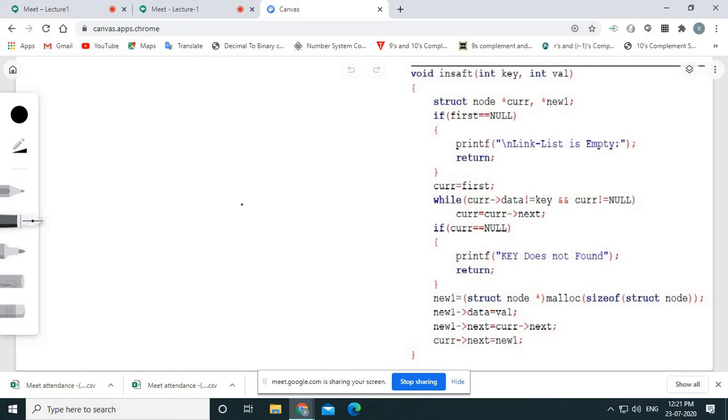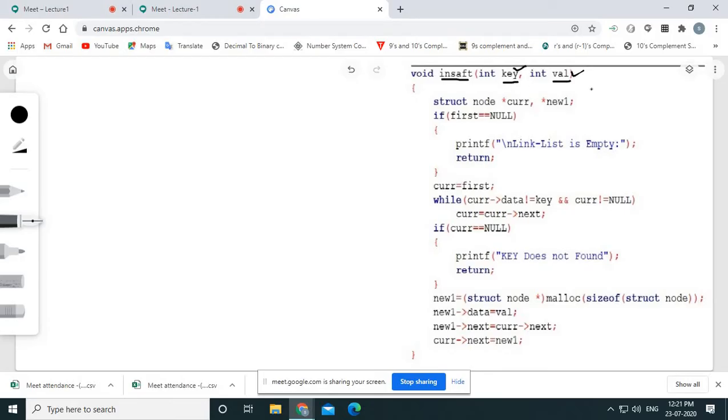So here the linked list is already created. There are a few values which are entered by the user, right? And in the existing linked list we are inserting one value. For the newer value we need to create a new node, and this function has to work so that this new node has to be set after this key value, insert after, right? So we are inserting this value and this value has to come after this value.